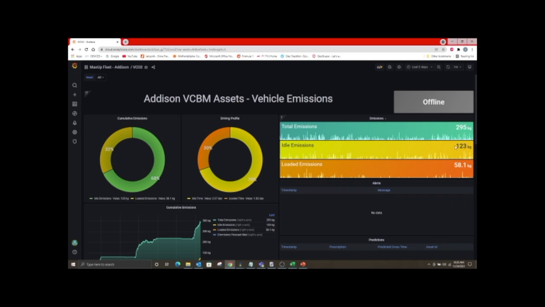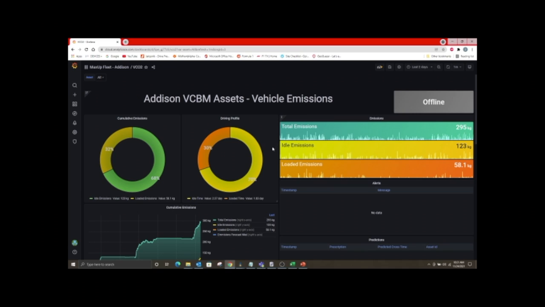But for those more eagle-eyed, you all have already noticed that 123 kilograms and 58 kilograms between idle and loaded does not add up to 300. The model has some difficulty with distinguishing between states, and there's some filters working in the background to make sure that we only count things that we know we should count and don't provide false positives. So there's some future development to be done to make this work correctly, but it's a good indication, generally speaking,